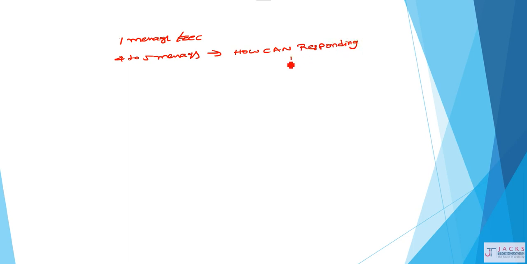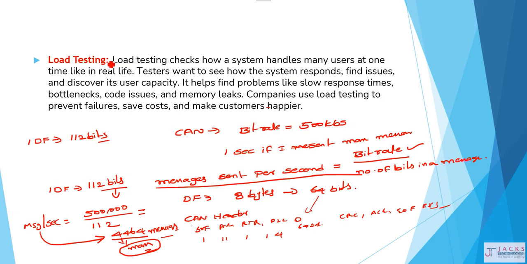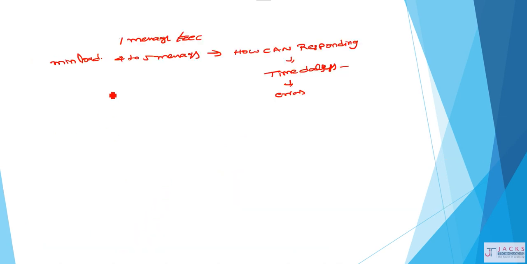Like, is there any time delays in transmitting the message? Or is there any errors CAN is raising when we have applied minimum load? In the same way, what is the maximum number of messages you can transmit? The maximum number of messages you can transmit is